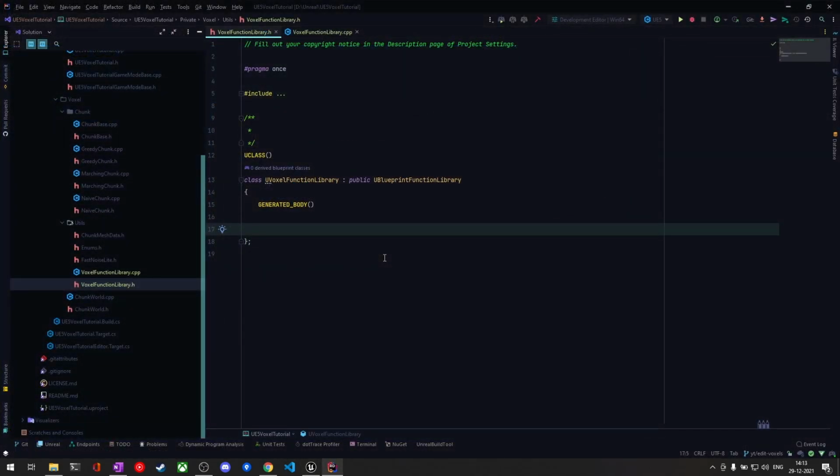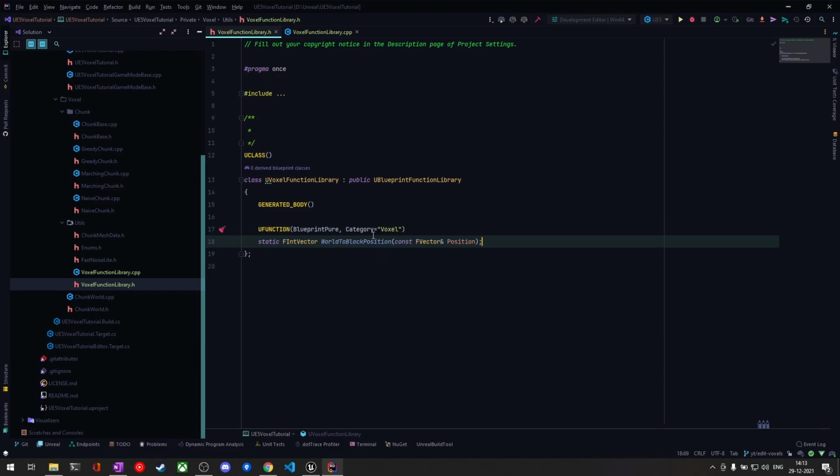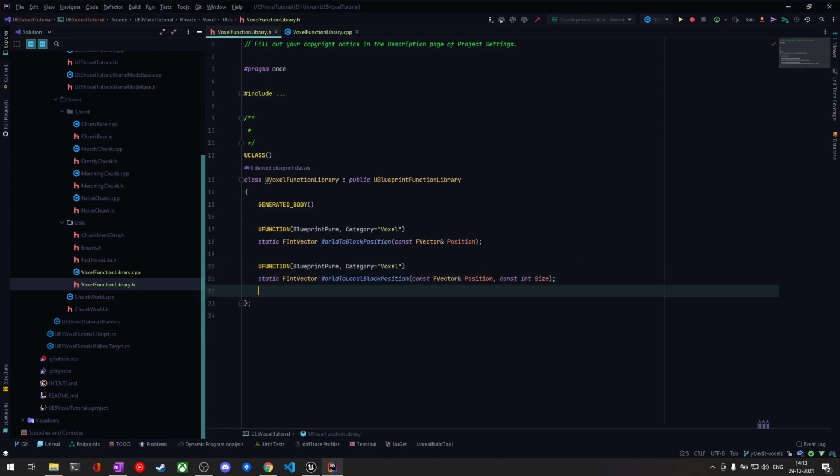So our voxel function library will have just 3 methods for now. First would be the world to block position, right? And next we'll need world to local block position. And finally, world to chunk position,